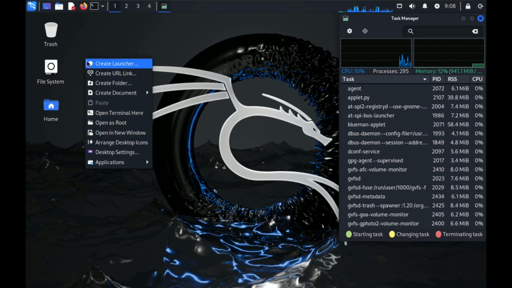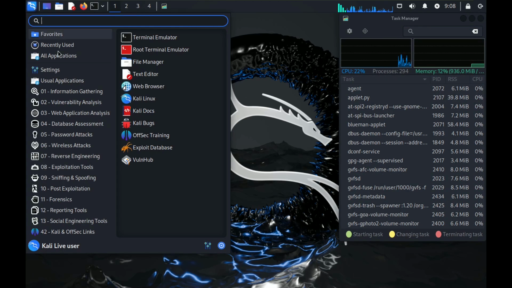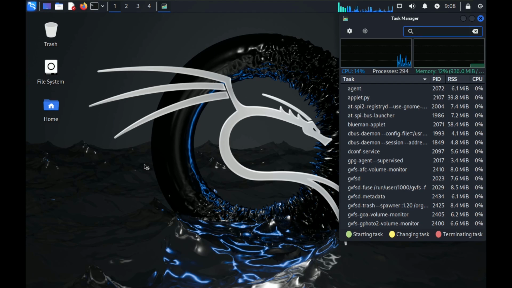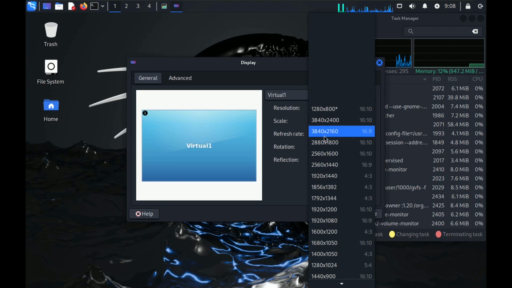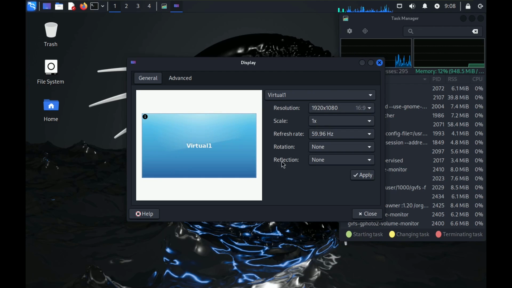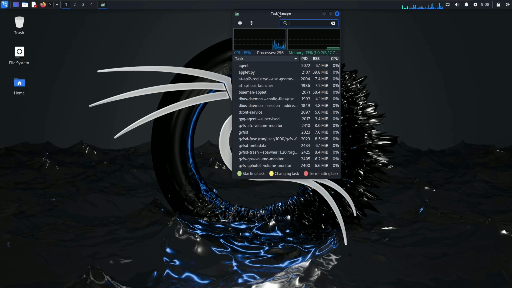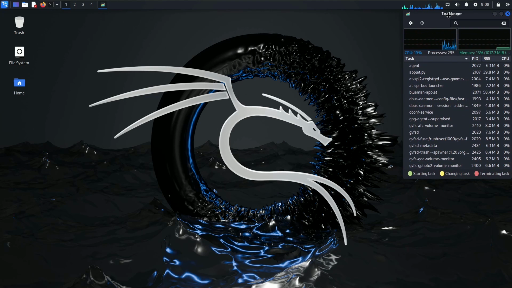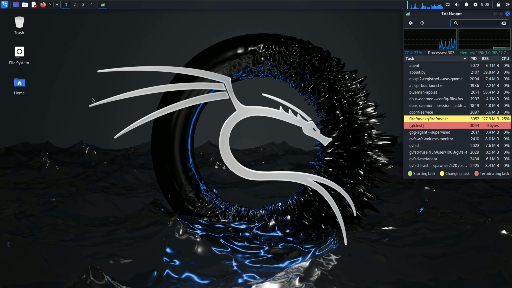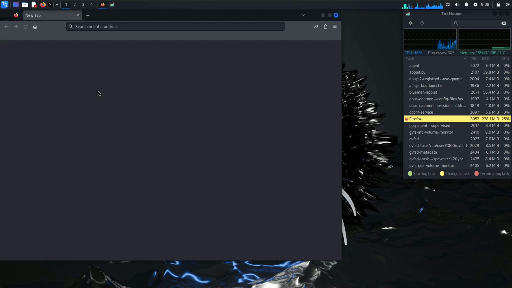So let's first change the display settings and go to the official website and get all the information. Let's open the displays. Let's change the display resolution, which, my monitor is 1920 by 1080. Let me click on apply, keep this configuration, and I'm going to keep the task manager throughout the video in the right side corner. So let's open the Firefox web browser. It should take maybe 10-15 seconds and you should be seeing the Firefox. So here we have Firefox already. It should take a few more seconds and we should be seeing the Firefox web browser.